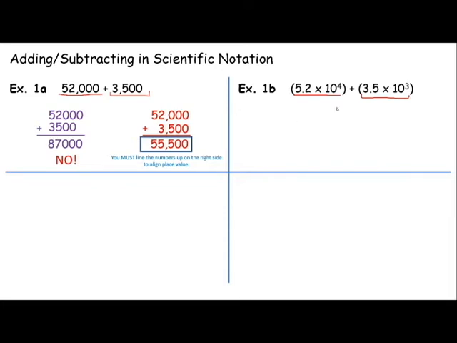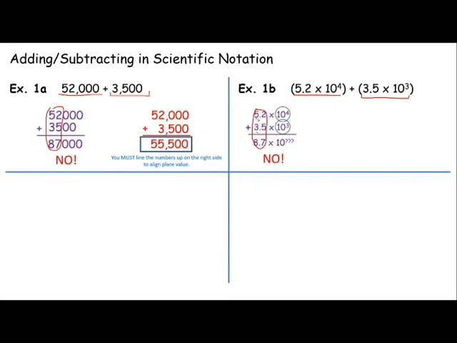And I do this to illustrate for you that when we go to add these together, we can't just do 5.2 plus 3.5 and get 8.7. The reason we can't do this is the exact same reason why we couldn't do it over here. And that is, even though it looks like this is in the ones place and the ones place, because of the exponents on the other side,